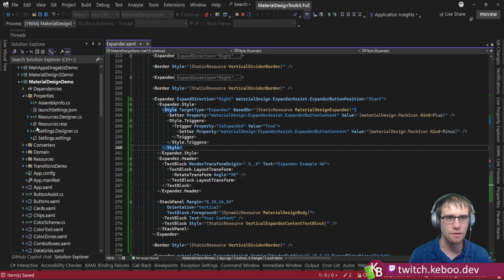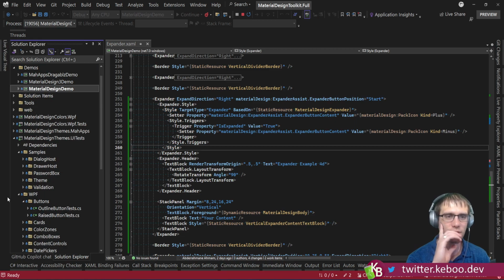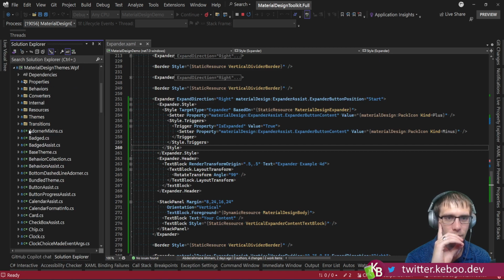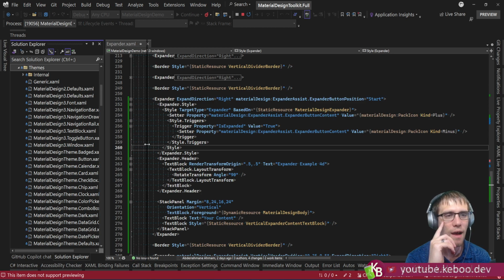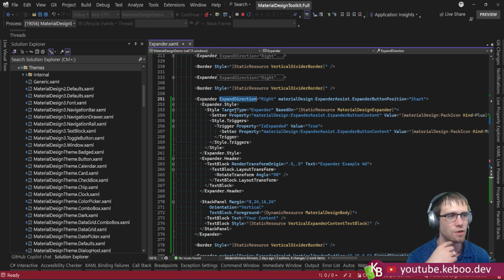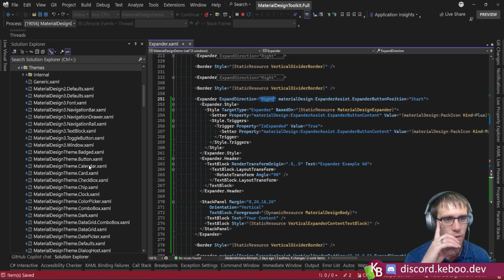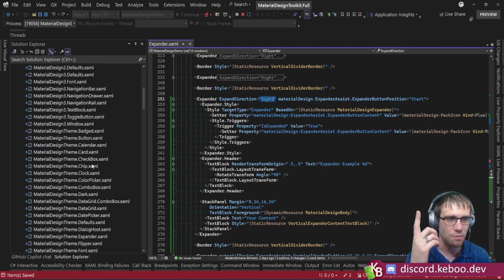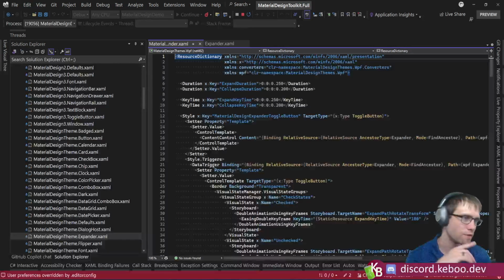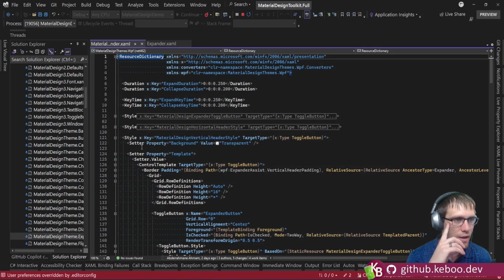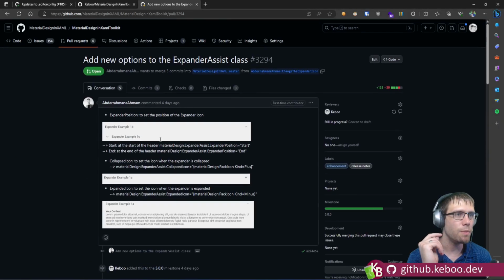So what happens is inside this library, we have a style set for the expander. Let's just move this up. And on that style, we swap out the template based on the expand direction. Expand direction has 4 values, right? Left, down, right, up. Boy, alphabetical is horrible. So it's actually a completely different template when you're in the vertical expanders versus the horizontal ones. A lot of this was a nice refactor, cleaning up the buttons, but the pull request in question, if we go and look,